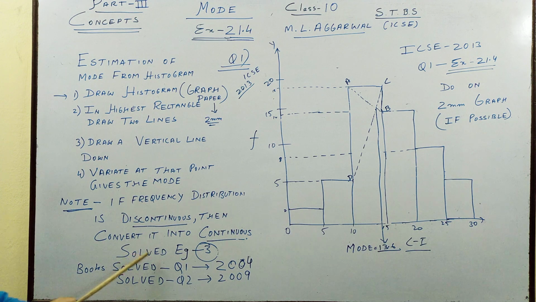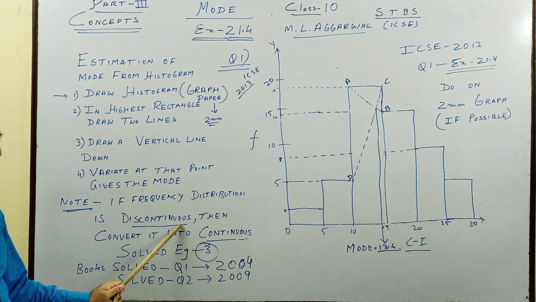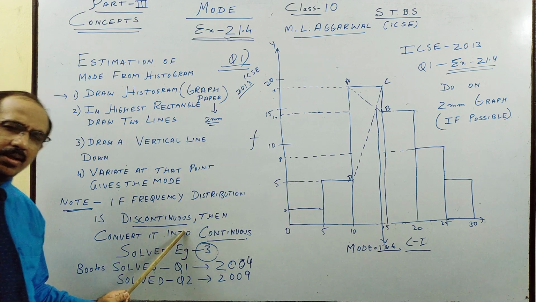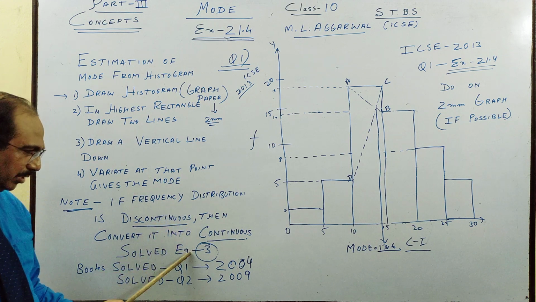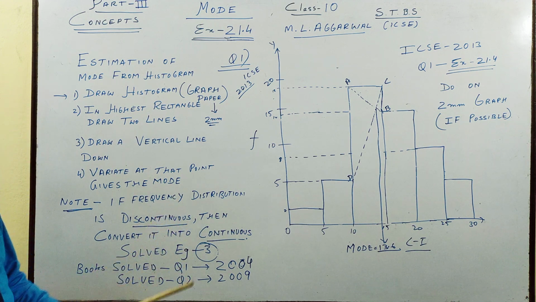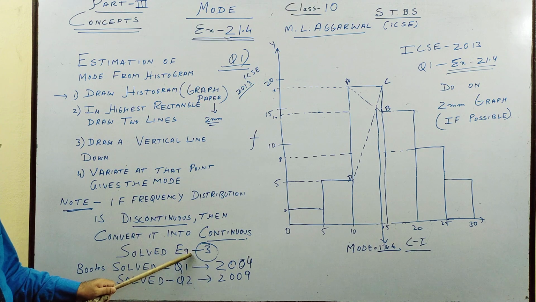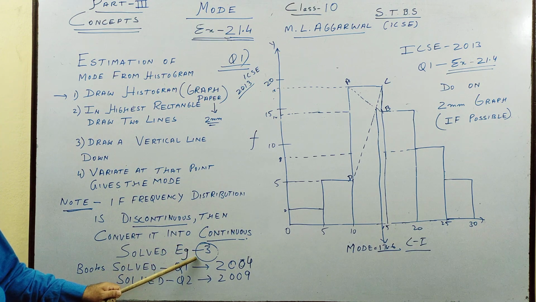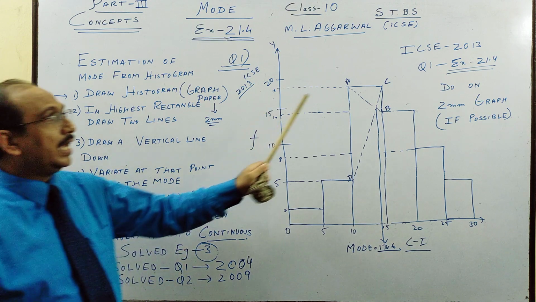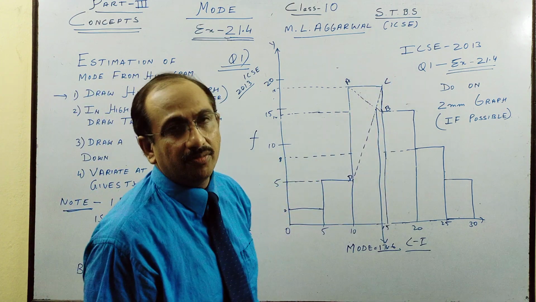This is not an ICSE question, discontinuous. Generally I have not seen it, I will search. Discontinuous is given in the book. It sometimes comes in exams, but these are more important, and I am going to solve them. These two are solved. Please solve them again and see it on graph paper. This is discontinuous to continuous. See solved examples 1, 2 and 3, and I am doing unsolved 1, and one more I will do over here.